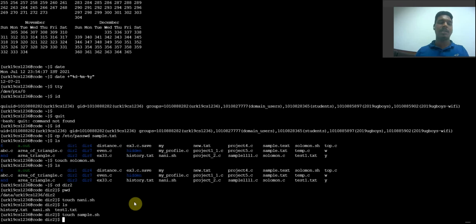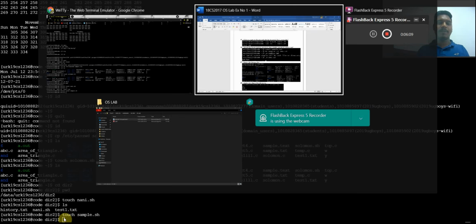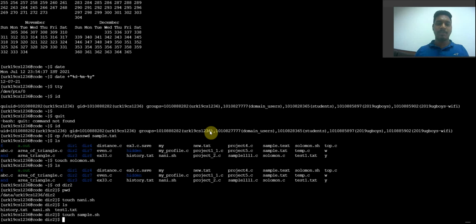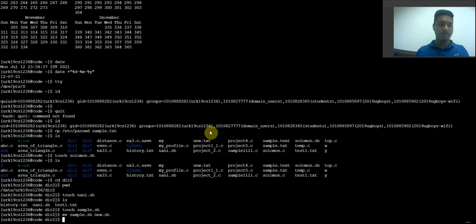Now I need to rename this sample.sh into new.sh. For that we have a command called mv, nothing but move, mv sample.sh to new.sh. Okay, so now the file name has been changed.